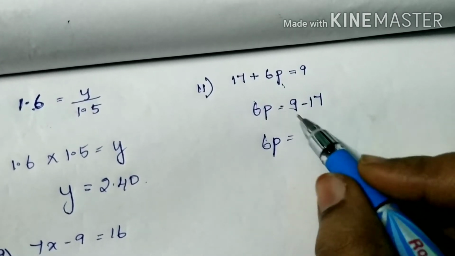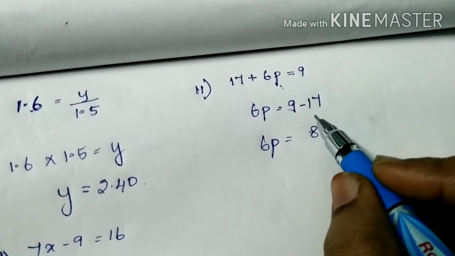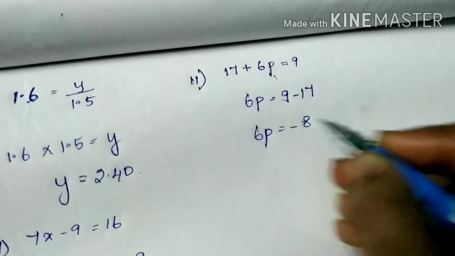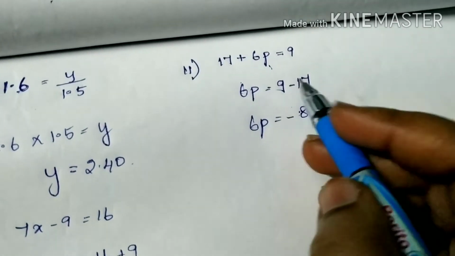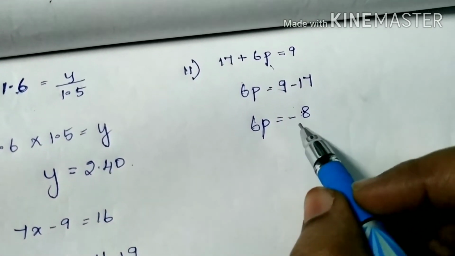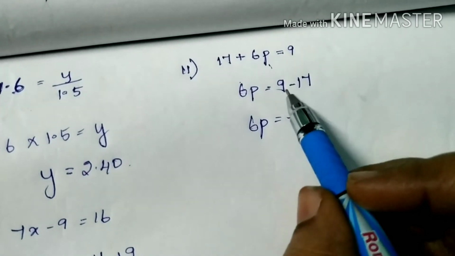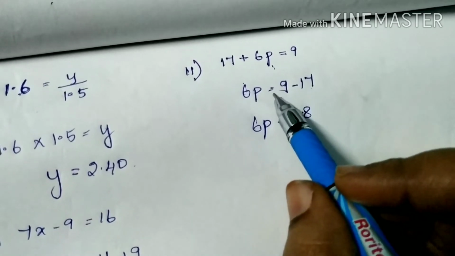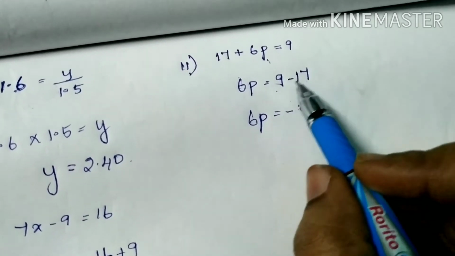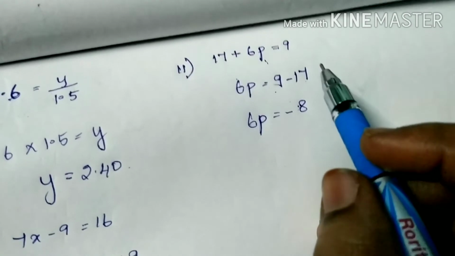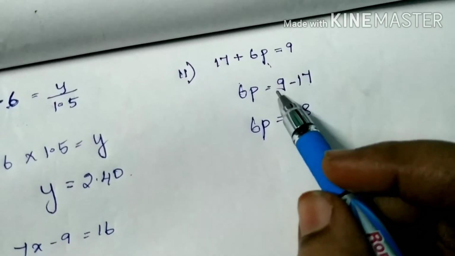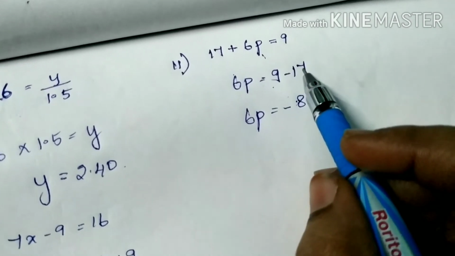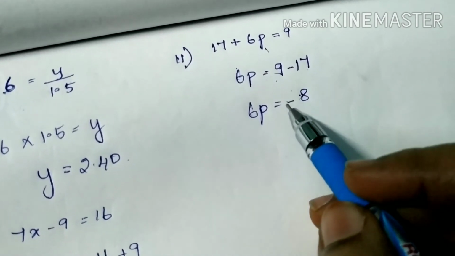So here this is positive and this is negative. So here which sign will you have to put? The greater number is 17. So you have to put the negative sign. Why do we have to put it? So this is 9 and this is minus 17. So both are in different signs. So absolutely you need to put the minus sign of the greater number. The 9 is a lesser number, so I can't put the positive sign. The greater number is 17, so I can use the minus sign.